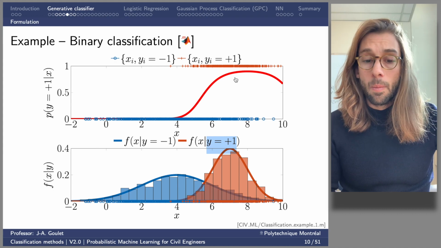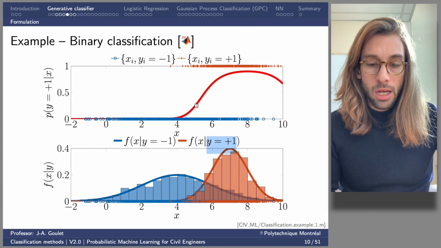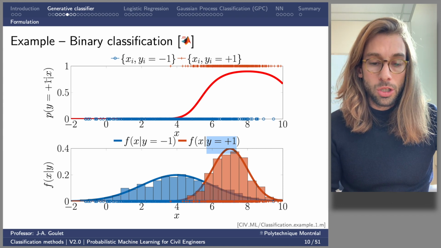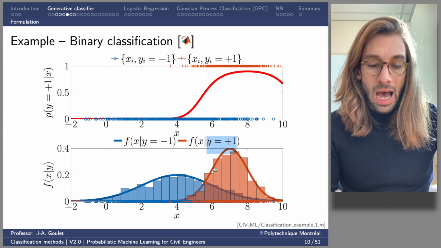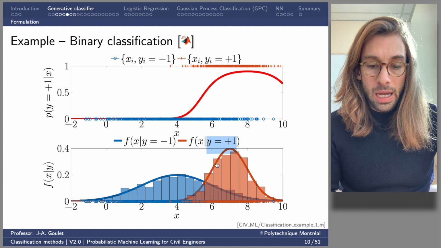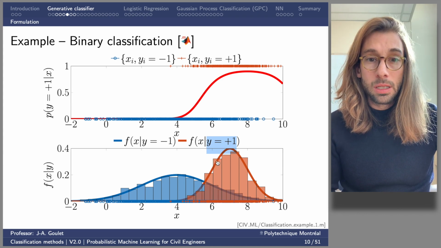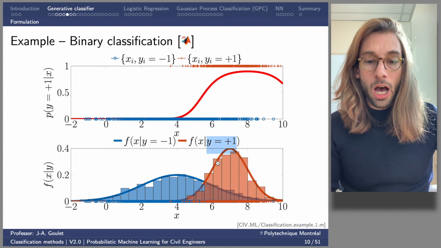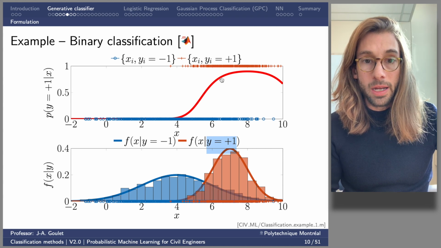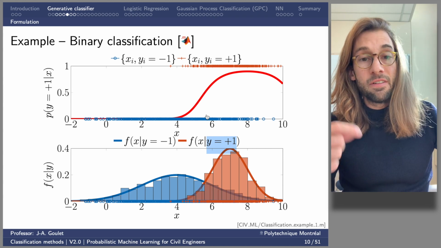Here we're looking at the probability that Y equal +1. So what we're going to do is look at the height of the PDF for Y equal +1, this height here, times the prior probability of the class Y equal +1, which was obtained by the ratio of the number of red points divided by the total number of points. And I divide this